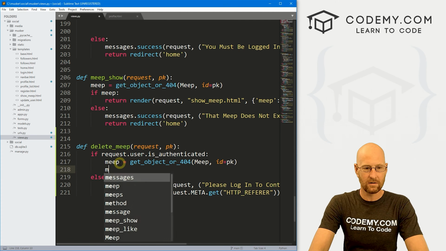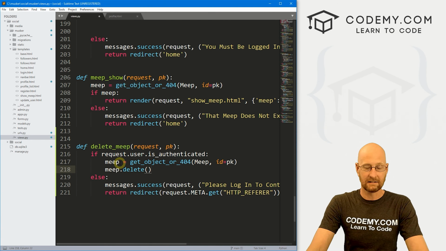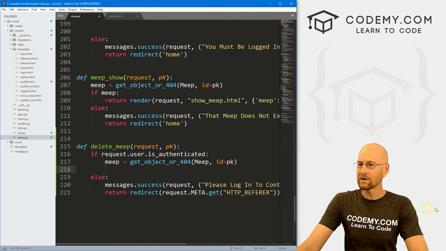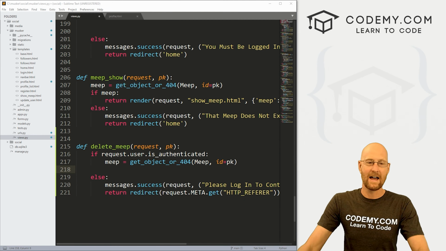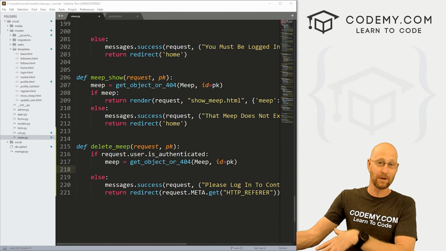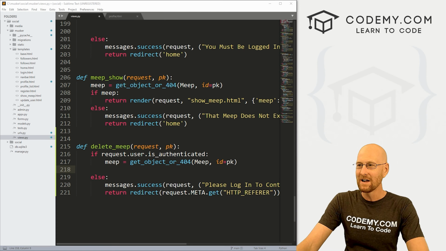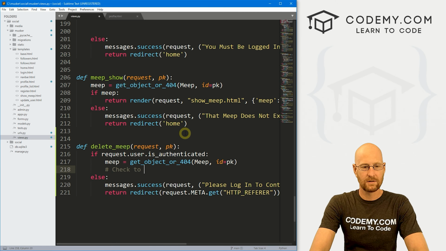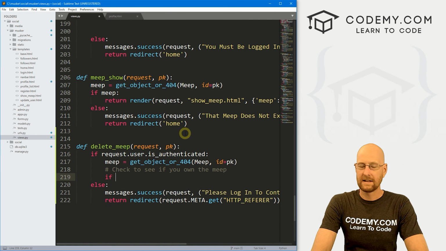Now we could just go, meep.delete and delete this guy, but we need to do some more stuff here to make sure that you own that Meep, to make sure that that Meep belongs to you, because we can't have you deleting other people's Meeps, right? That wouldn't work. So let's do some logic. So let's check to see if you own the Meep. And let's go if, and that's going to be the